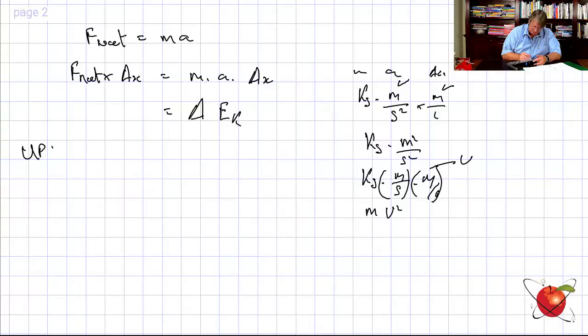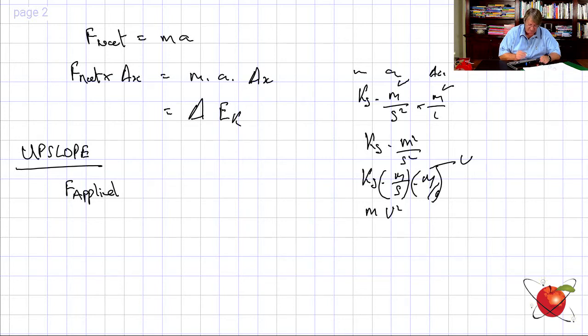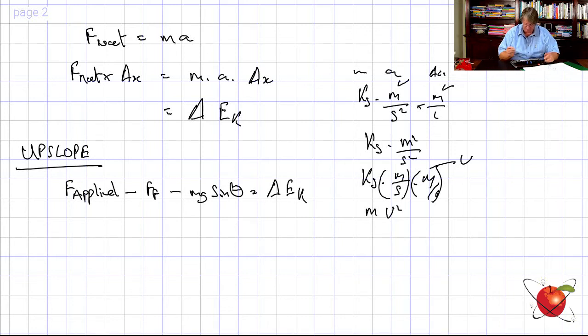So now I can go back and say, let us look up the slope. Up the slope, this is F applied. Look at your diagram. F applied, minus the force of friction, minus mg sine theta, must be equal to change in kinetic energy, delta EK. Correct? But hold on, times the distance, okay? So delta x times that must be equal to change in kinetic energy, because this itself over here, this character